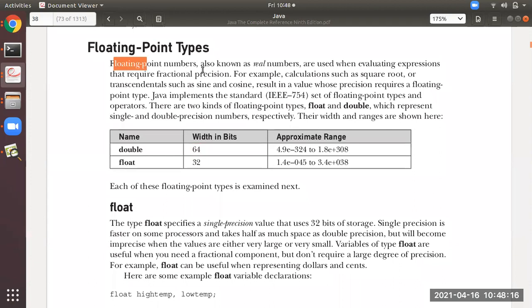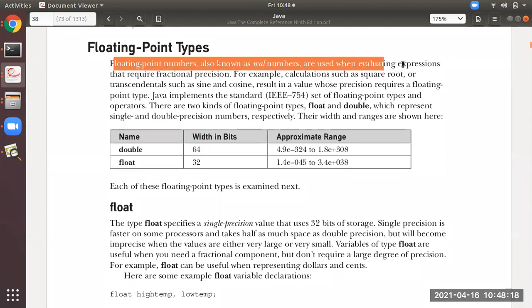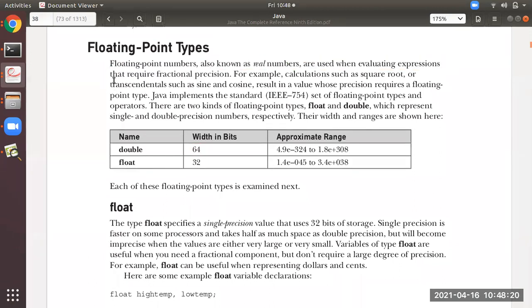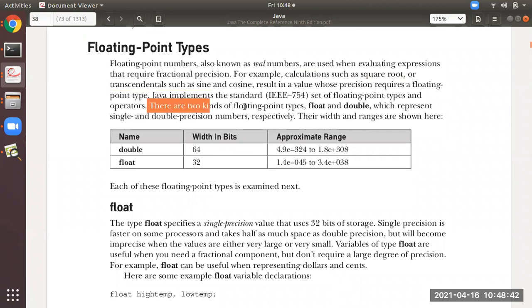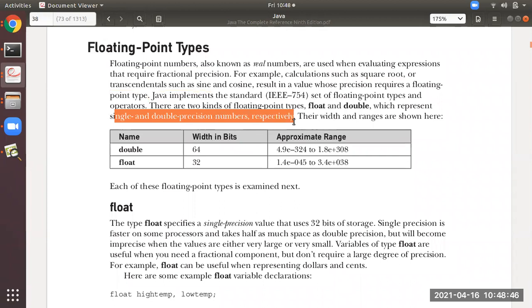Floating point numbers are also known as real numbers, which are used when executing expressions that require fractional precision, meaning which can have decimal values also. For example, calculations such as square root and transcendentals like sine and cosine values. At that time you can go for floating point types, float and double, which represent single and double precision numbers respectively.